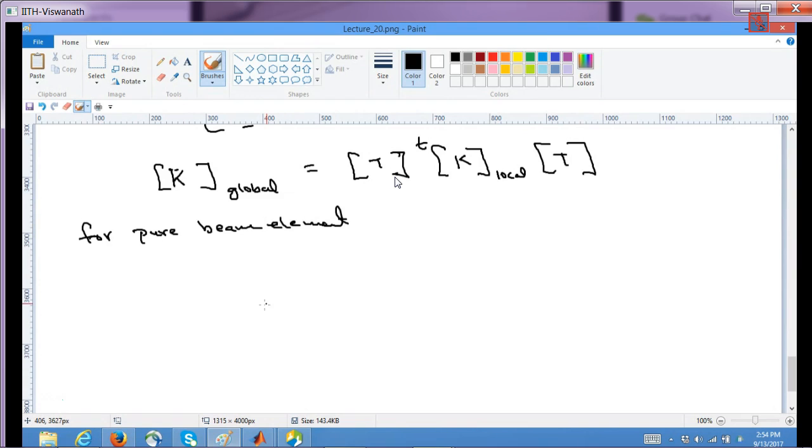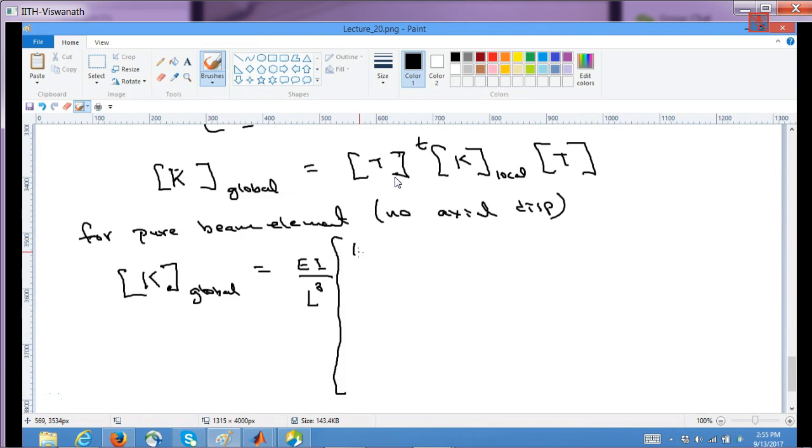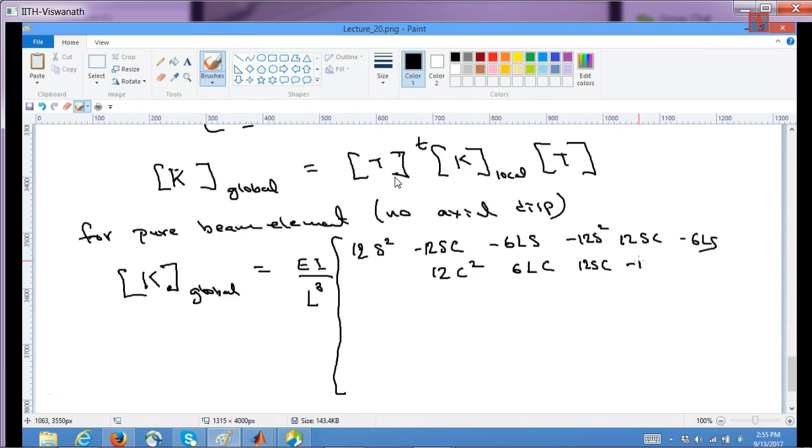that means there is no axial displacement, your k global would take something like EI by L cube: 12 s square, minus 12 sc, minus 6 ls, minus 12 s square, 12 sc, minus 6 ls, 12 c square, 6 lc, 12 sc, minus 12 c square, 6 lc, 4 l square, 6 ls, minus 6 lc, 2 l square,